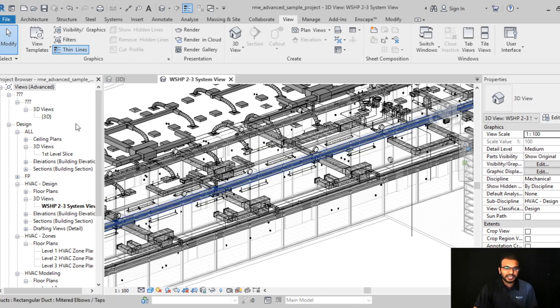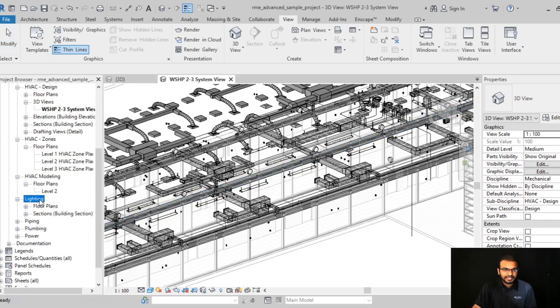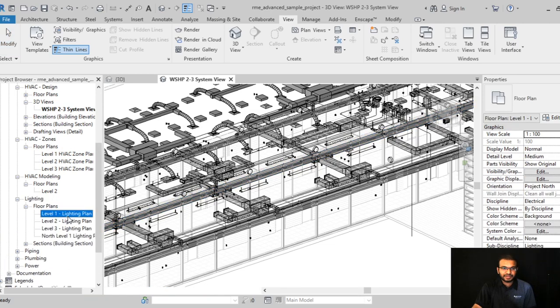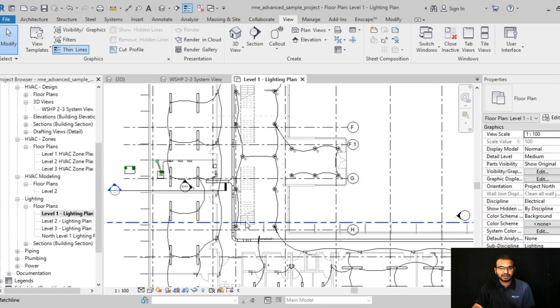Here you can see the HVAC design or MEP layout, and all the layouts, even the lighting detailing. Say for example, if I want to see how they have defined the lighting in the drawing, see what you can see there. The electrical team has created their electrical design from this architectural model.